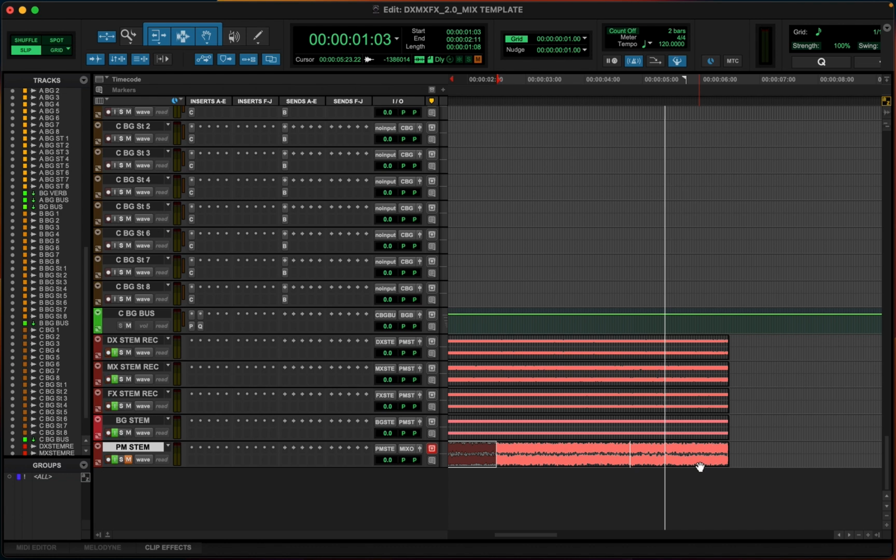I do not start any project without tweaking that template, because now I can use that, and when I come to mix week after week, my mix tech can set it up for me, and he goes much quicker. He can just import all the elements from our dialogue editors, our music editors, our effects editors, and our Foley teams, whatnot, and it just makes everything go much quicker, especially when you're dealing with a lot